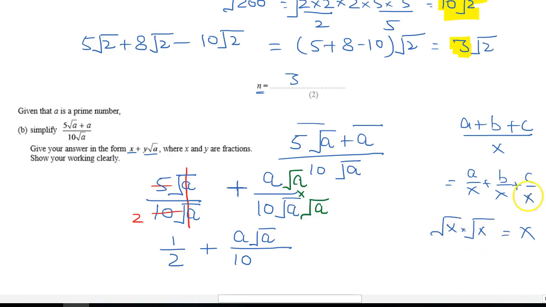If you multiply any number in the root by the same number in root, you will get the same. For example, root 2 multiply root 2 will be 2. So root a times root a will be a. Now in this, a and a are cancelled. So we have cancelled this, and our answer will be